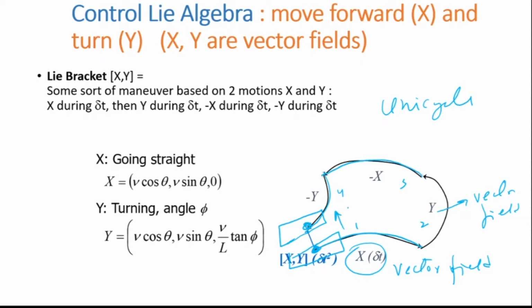Now, what the Lie bracket tells us is that if you take the Lie bracket of x and y, when x and y are 2 vector fields, one for going straight and the other for turning, we are going to generate a third vector field. Okay, so taking the Lie bracket of x and y, we are generating a third vector field, and this vector field is telling us that you can actually go sideways like that. Not in one shot, but by making different maneuvers. Now, in order to do that,